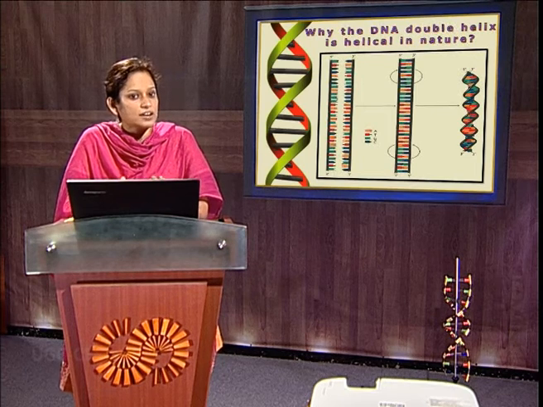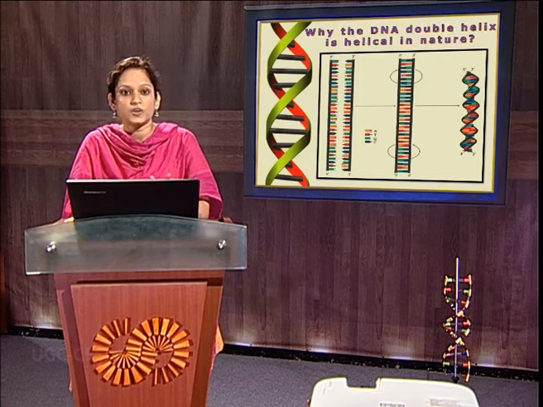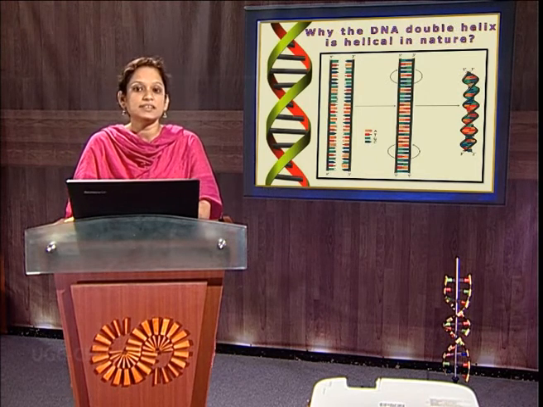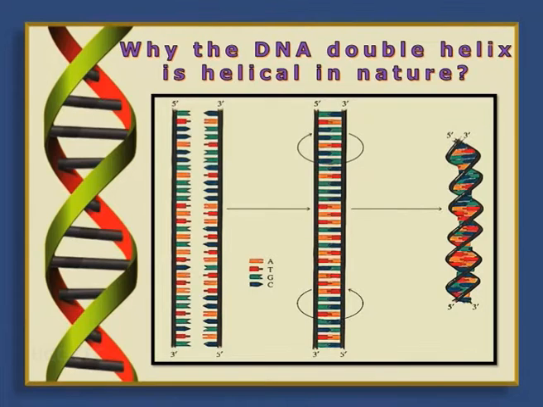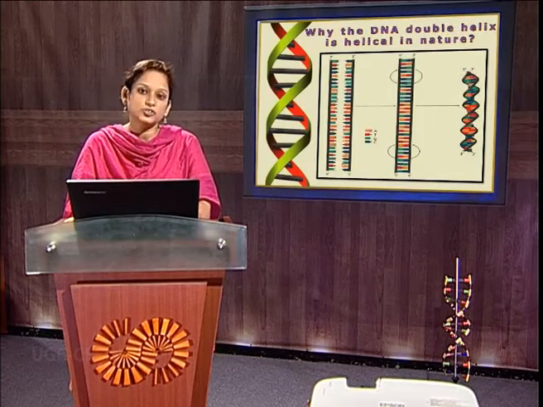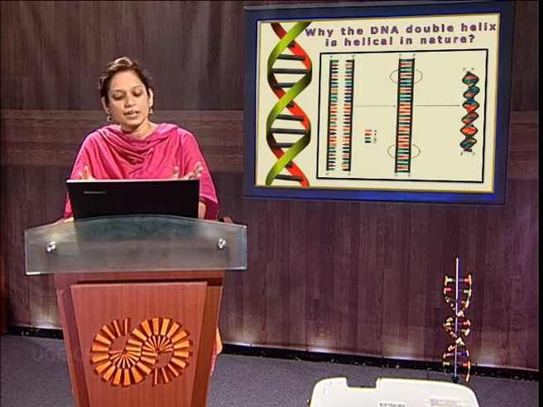A very common question is that when we draw a DNA double helix, we always give it a helical twist. Why is the DNA double helix helical in nature? If we look at this diagram, we find that had the bases been perpendicular to the helical axis, water would have gained access between the base pairs and created an unfavorable condition. Due to the presence of hydrophobic bases, non-covalent interactions increase, and this leads to strong hydrophobicity within the core of the double helix. In order to promote strong hydrogen bonds between the complementary bases, the sugar-phosphate backbones get twisted, and this leads to the helical nature of the DNA double helix.